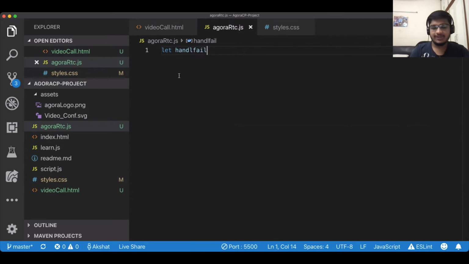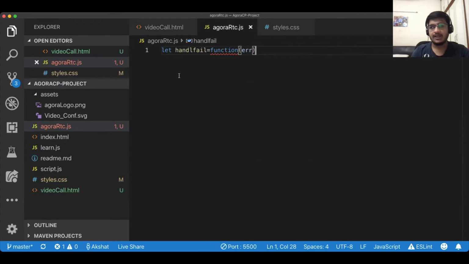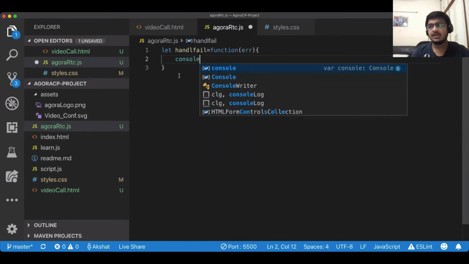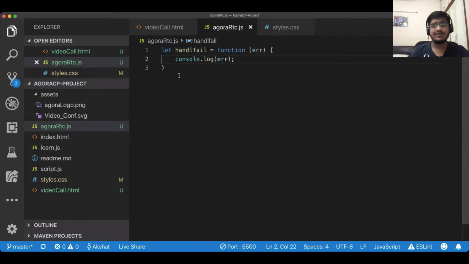So obviously when I code in JavaScript, I make a lot of typos, I have a lot of errors and everything. So I always create a function to check for errors. And the same way, Agora's SDK also returns a lot of errors in case something went wrong. For example, if your net connection is very weak, Agora's SDK will tell you that your net connection is weak, so it reconnects and starts working on its own again.